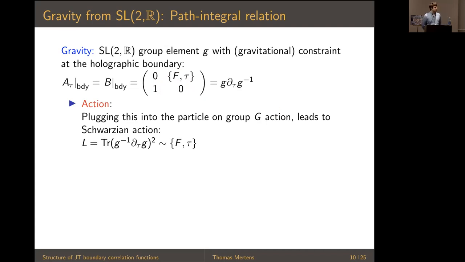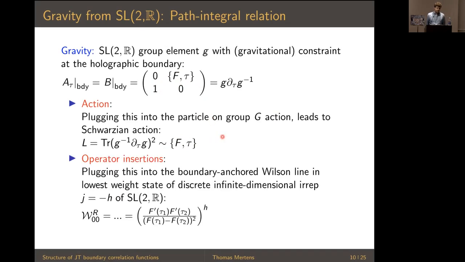And with these constraints, you can make contact directly with this Schwarzian description, because if you plug this ansatz back into the particle on the group G action, you immediately get that the Lagrangian just becomes the Schwarzian derivative of this function f that I introduced here. And simultaneously, if you plug this ansatz into the boundary anchored Wilson line, but now in a suitable representation and a suitable state within that representation, so the choice you have to make is the lowest weight state of the discrete infinite dimensional representation. After some calculations, you find that this boundary anchored Wilson line precisely becomes a Schwarzian bilocal